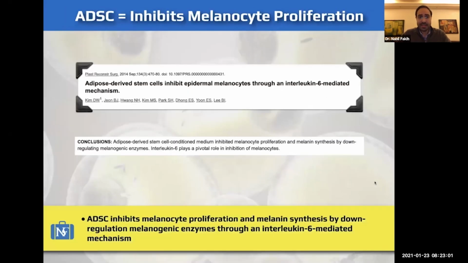So also they have seen that adipose derived stem cells in 2017 can inhibit melanocyte proliferation. So also in melasma, I'm trying indication of nanofat injection because there is a study that has found that it can really inhibit epidermal melanocytes. And in melasma, which is very difficult to treat, I push them with nanofat treatments.